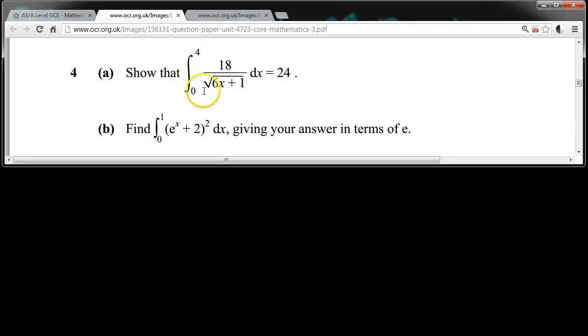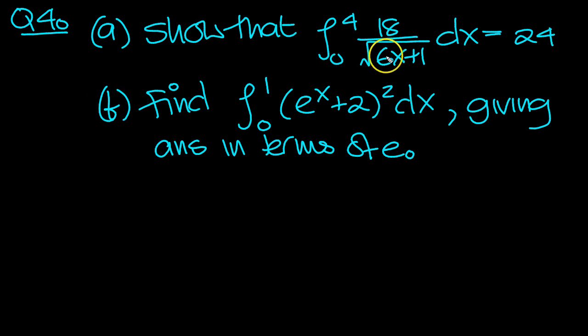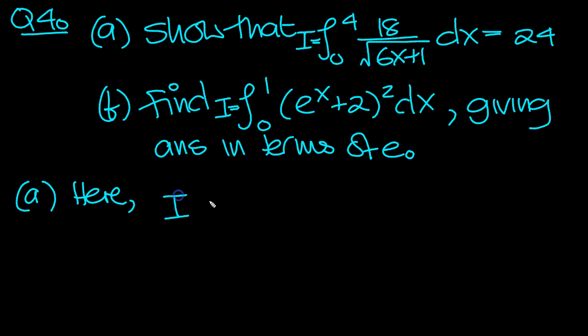Show that the integral between 0 and 4 of 18 over root 6x plus 1 dx is equal to 24, and find the integral of (e to the x plus 2) all squared dx. Give me your answer in terms of e. So here the first one then, I'm going to label it I, so that I can just write the answer straight away. So for part a, I is equal to the integral, when we do it, this to